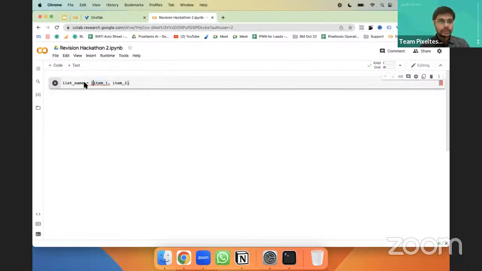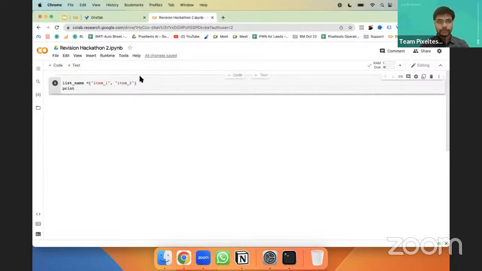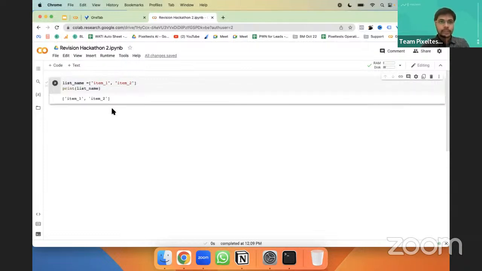So how lists work is like this. You give the list name and the items in the list. For example, if you are giving in a string, you put it like this, and your list syntax is done. I'm going to say print list name. I'm just going to put parentheses before the print. You can see that we have created a list, and in this list there are 2 strings.